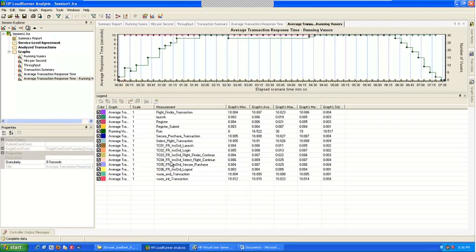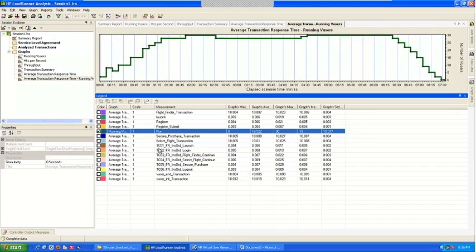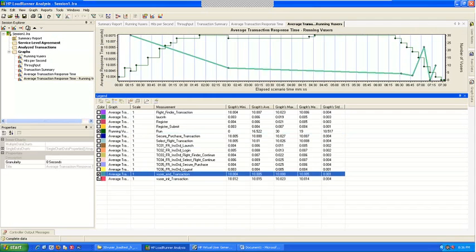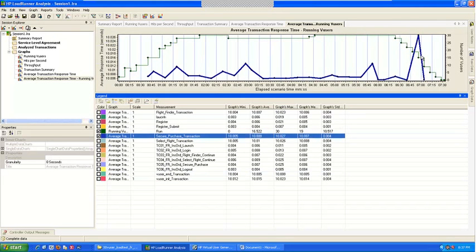So again, we just have to do it again. Say run this one, show only selected, and also the one which had the spike. Not this one, not this one. Yeah, this one. You see here, these two graphs. Now at this point when the spike was there, users were actually logging out, so I'm not much bothered about that. I'm only bothered from the point where my steady state starts to where the steady state ends. So this spike you can ignore. Users were coming out, it's a one-time spike, just ignore it.